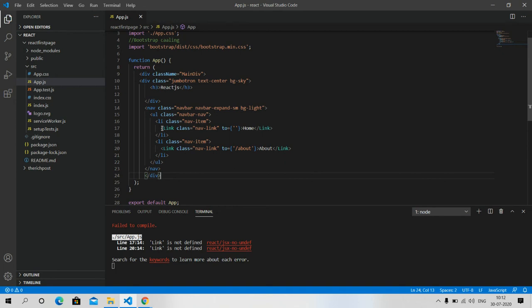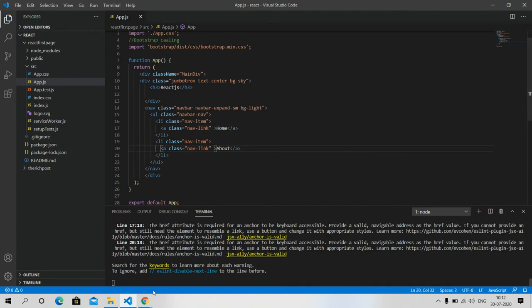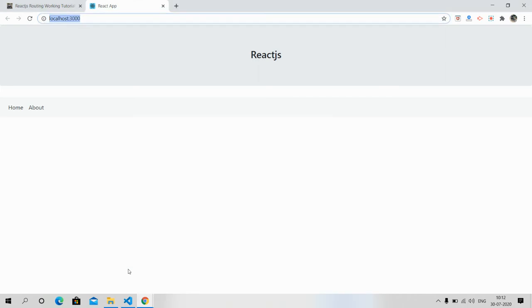Here will be an anchor tag, and here will be an anchor tag.